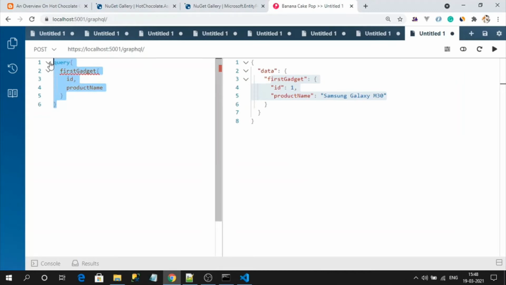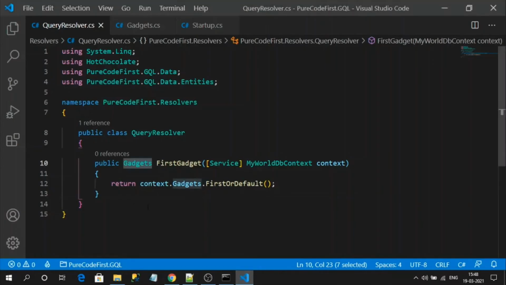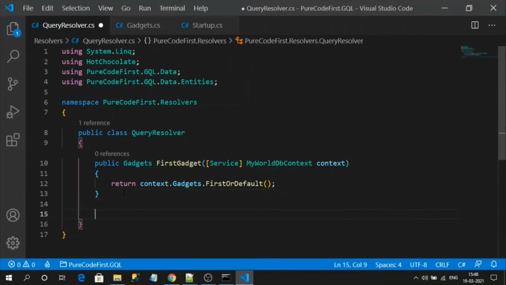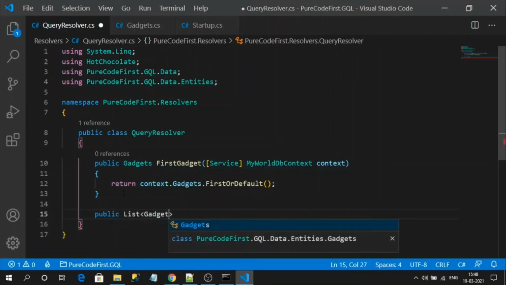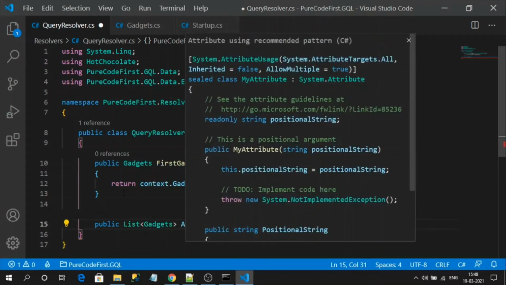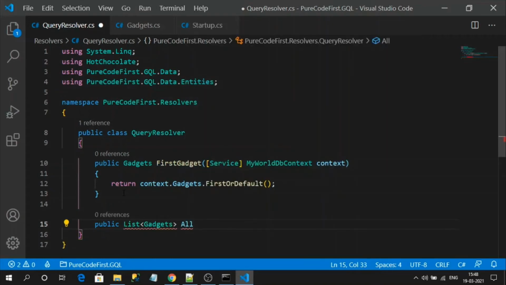Next, I will create one more resolver method that is going to return multiple records. So let's go to our sample here and write gadgets. I will name my resolver method AllGadget.